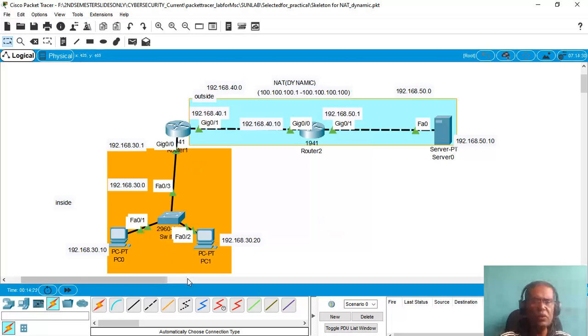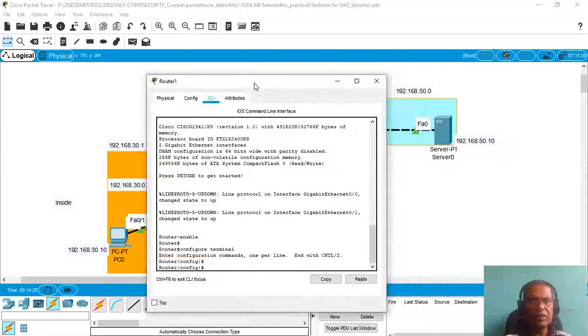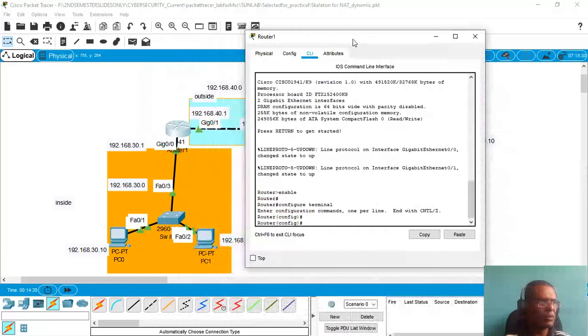So I am going to do that default routing in these routers. I am going to the configuration mode, and I will type ip route 0.0.0.0 0.0.0.0. We are performing the default routing.